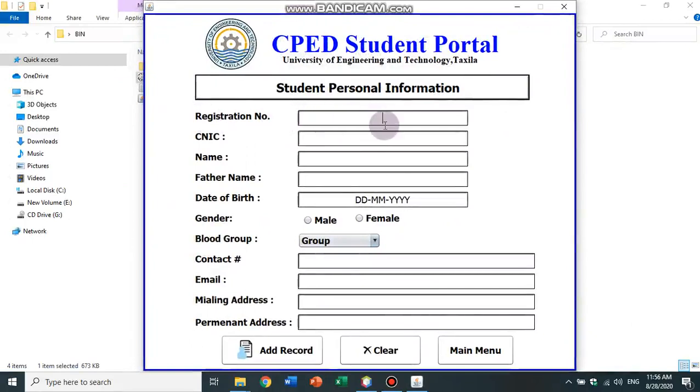First of all, registration number. My registration number is 18CP01. CNIC 37-101-7597-307. Name. Date of birth.